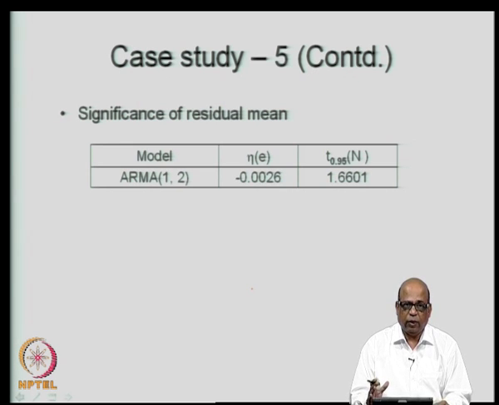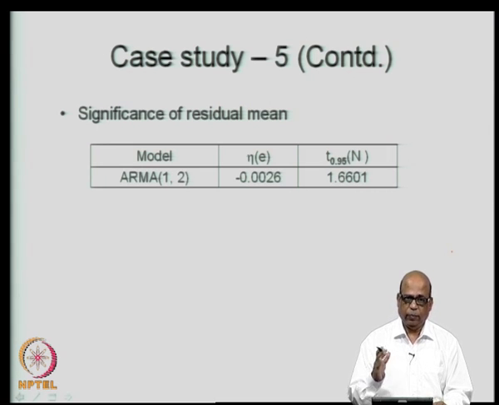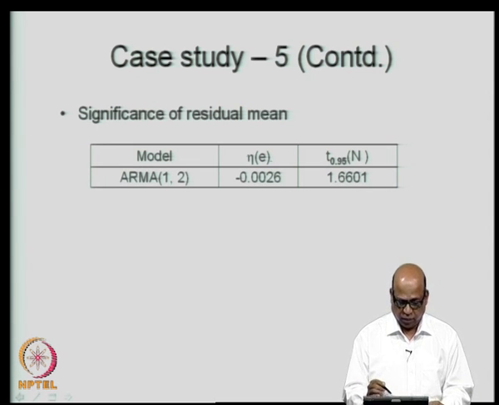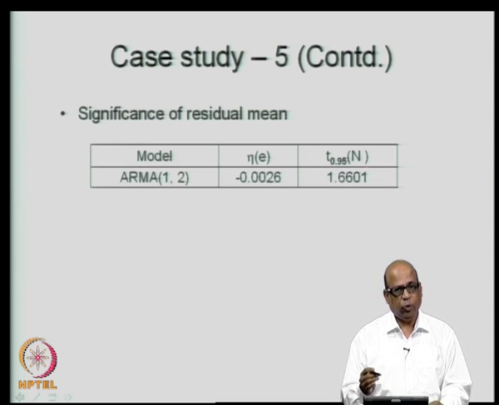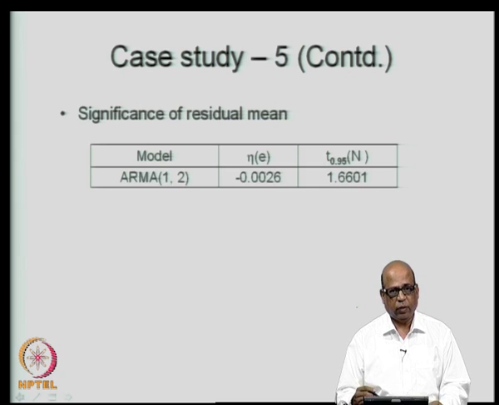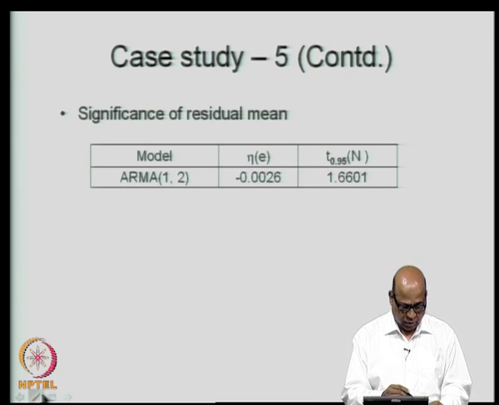So, the first test that we conduct on the residual series is the significance of the residual mean, whether we can approximate the mean to be 0. We compute the statistic and compare it with the associated t value, much the same way as we did for the calibration part. No, not for the calibration part, it is for a long term synthetic data, where we chose the ARMA phi 0 model. A similar test we can conduct on the residual mean for the forecasting model also. Then